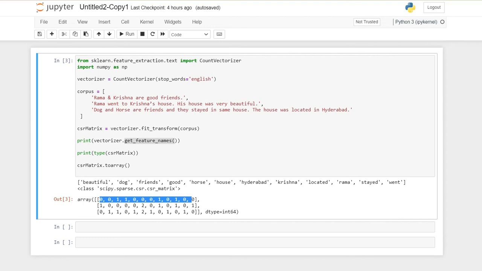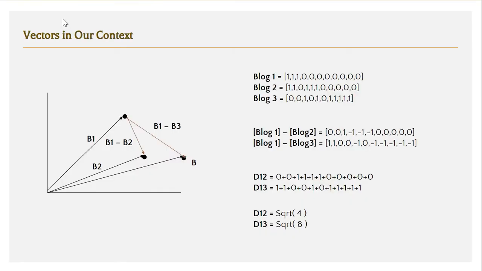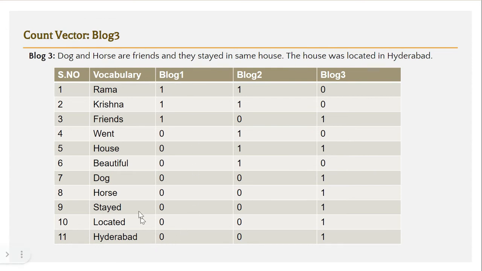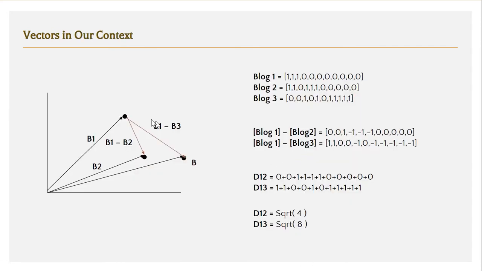Okay, so now what we are going to do is compute the similarity between these blog posts. Till now, we have successfully converted these blog posts into this numerical format. But how do we compute the similarity between these blog posts? We have already discussed the theory of this. Whatever we get as this numerical representation, we assume as a coordinate point in the coordinate space. So this is one coordinate point, this is another coordinate point, and this is another coordinate point. We'll map these points like this in the coordinate space, and this is blog post 1, this is blog post 2, and this is blog post 3.